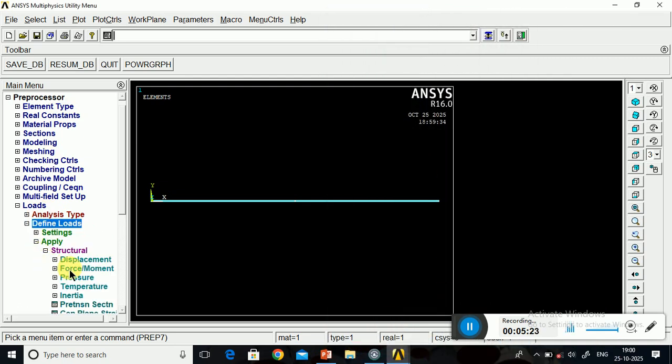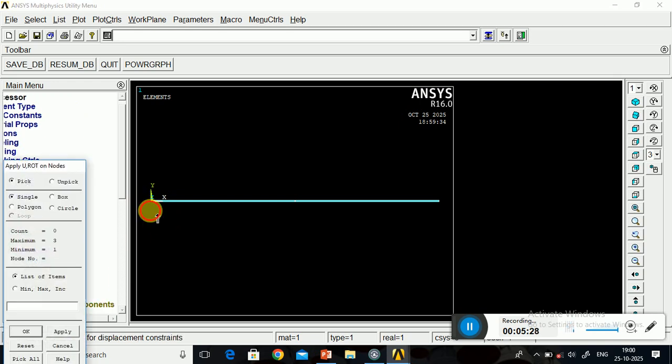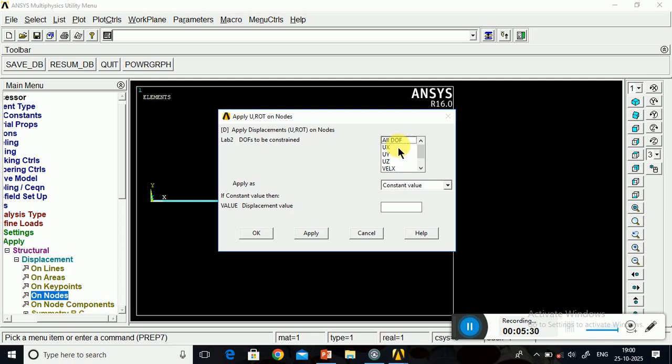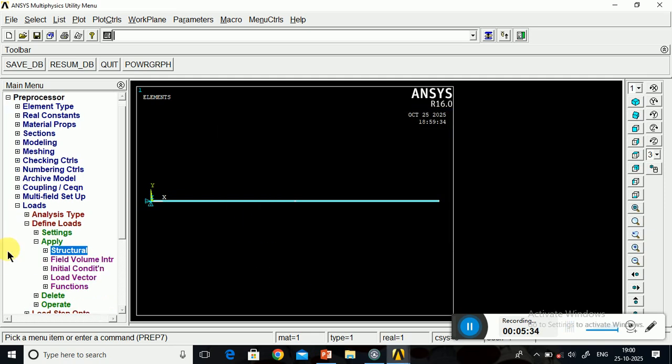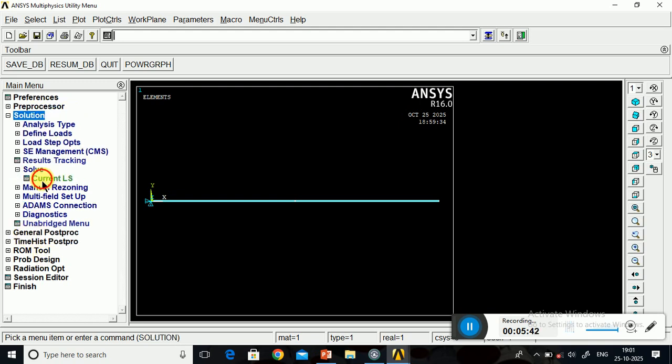Now define the load, structural, displacement on the node. So select this. Okay. All degrees of freedom will be 0 because it is fixed. Okay, after this we have fixed load, there is no external load given. Now here just solve this, solve the current LS.